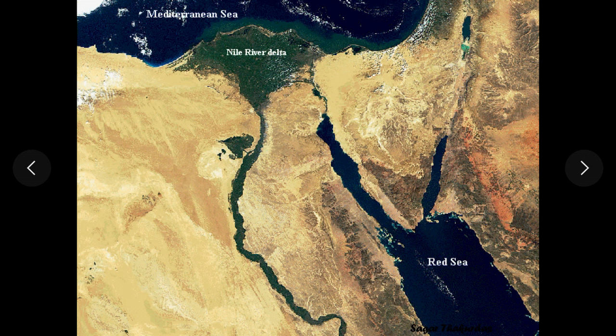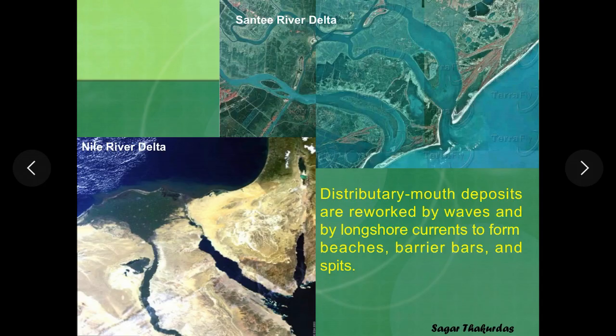Now this is a satellite image where you can see the Nile River, which is running towards the northern side to meet the Mediterranean Sea, and it forms the Nile River delta here. So this is the longest river in Africa. Apart from the delta and river, you can also see the Red Sea and Suez Canal, which meets the Mediterranean Sea here. One more example of wave dominated delta where the sediments are redistributed to form the spit like structure or barrier island.